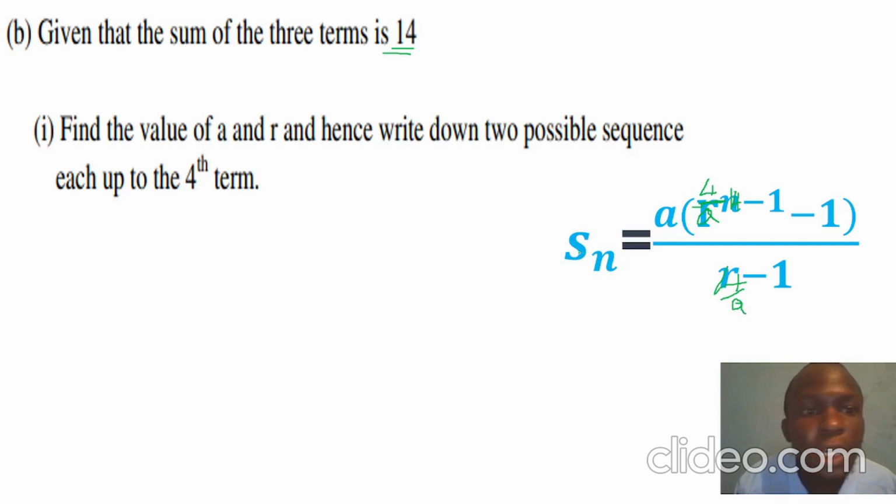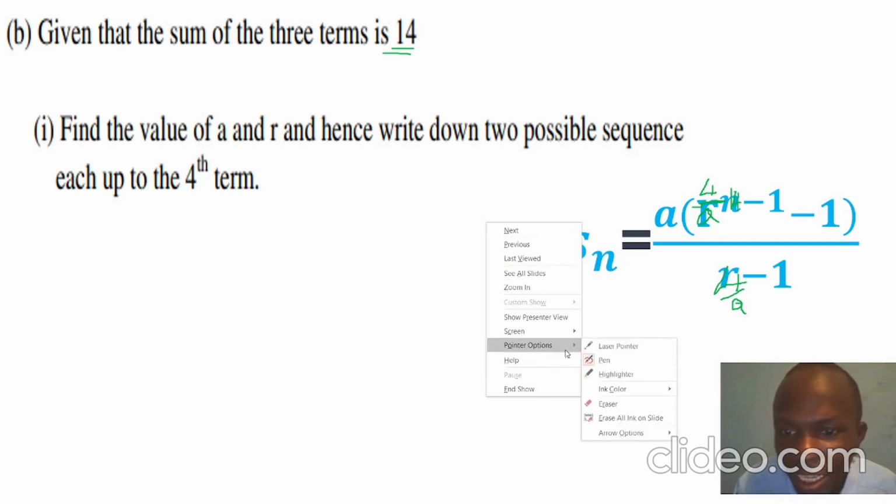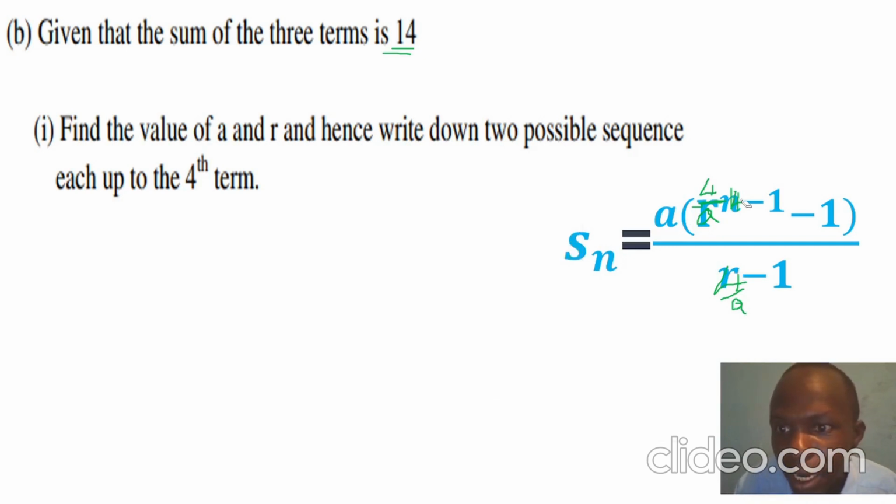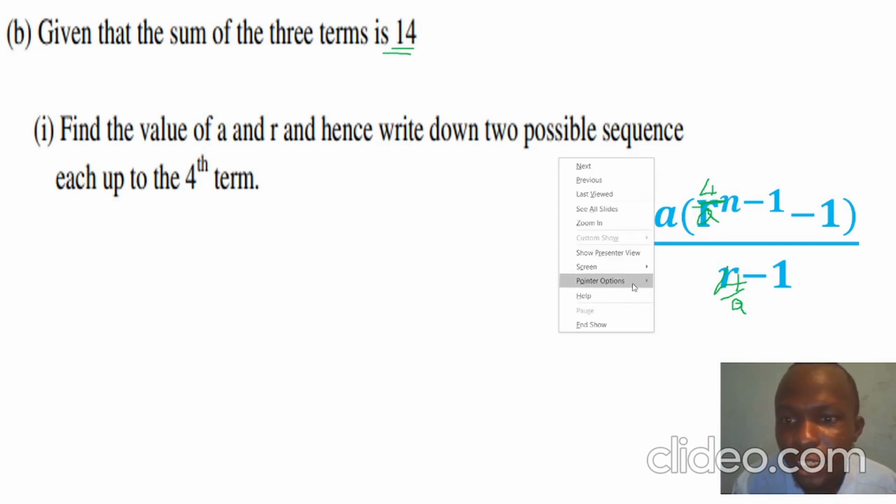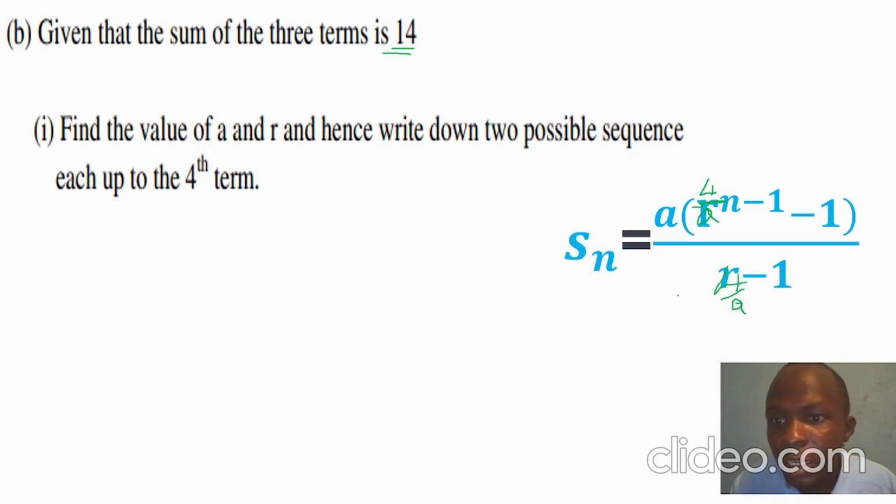What about here? Sn is given the sum. Sorry, this is not 14. Where is my rubber? Here is my rubber. Let me rub here. Yes, that is not 14. 14 is the sum. There are 3 terms, so 3 minus 1, that will be squared. Now, doing the manipulation,